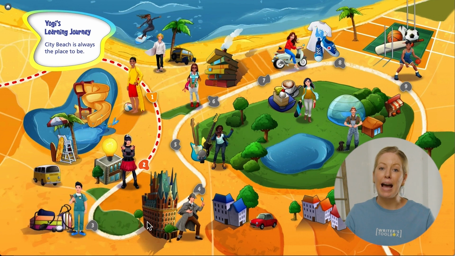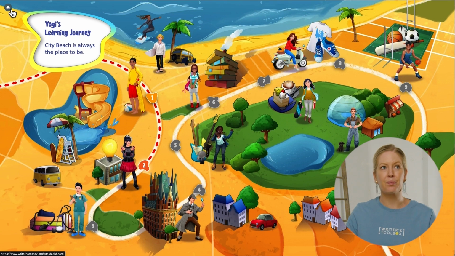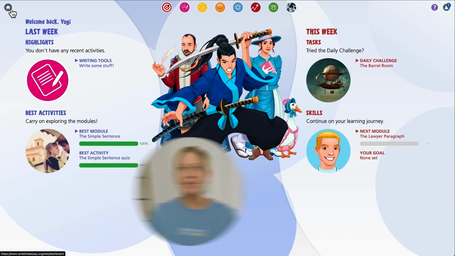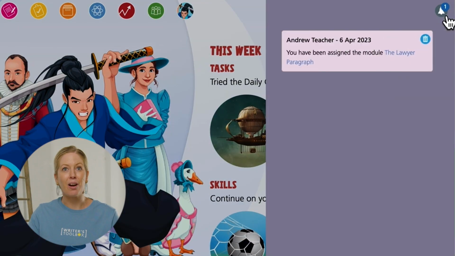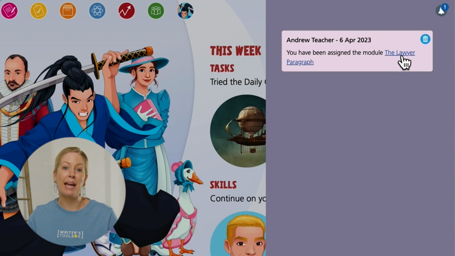So if they want to access this lawyer paragraph module, they can't do it via this locked stage. So they need to access it from their dashboard. And we just saw that a notification came through and there it is, you've been assigned the module. So it happens immediately. And the students can click onto that hyperlink there and it will take them straight to